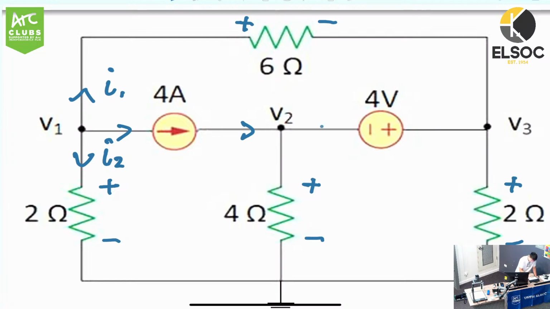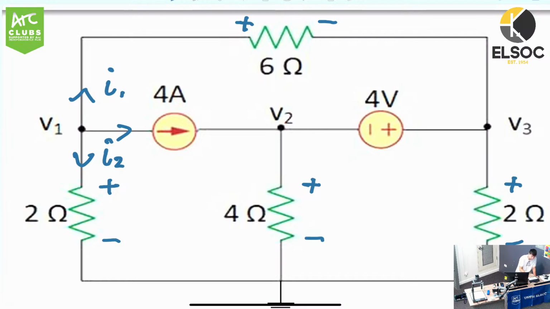In this case, current's going to go that way, and it's going to go this way. So this is just 4 amps over here. We can call this one I3. Oh, sorry. In this case,